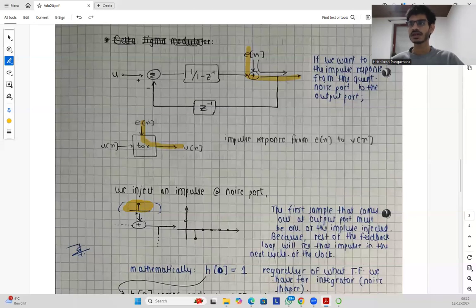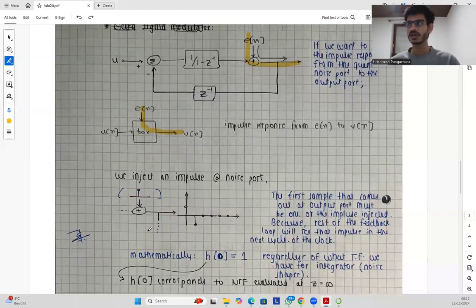We inject it at the noise port, and at the output port, we check for the impulse. The very first sample that comes out of the output port must be one, or the impulse which is injected. Why? Because the rest of the feedback